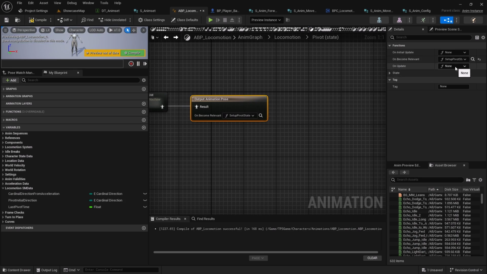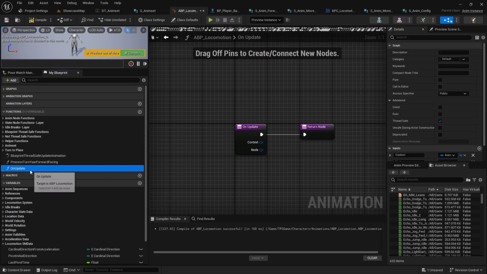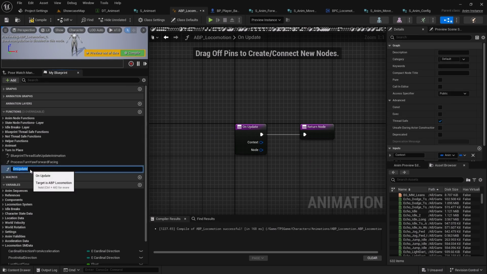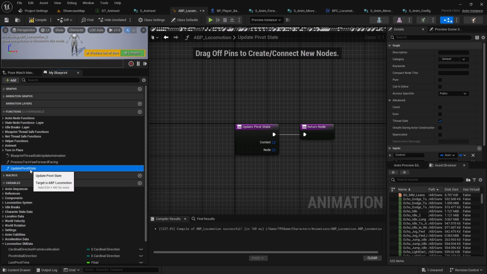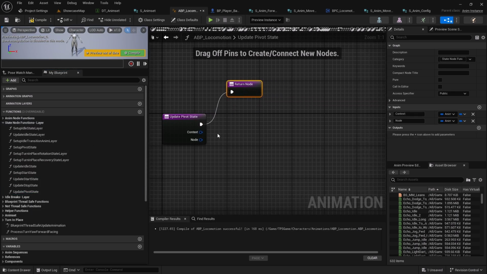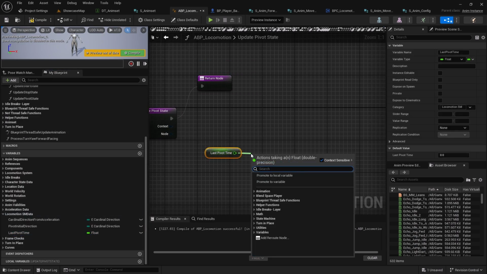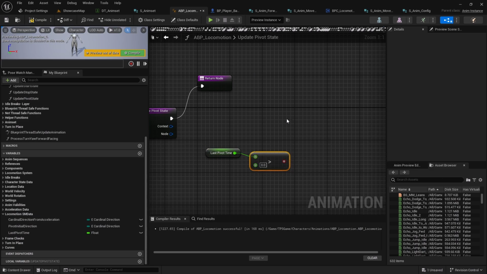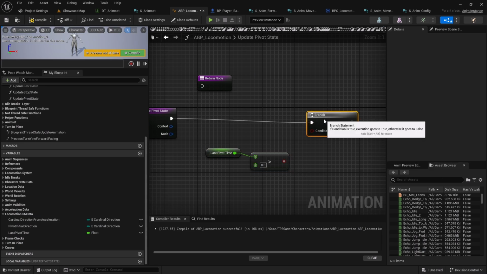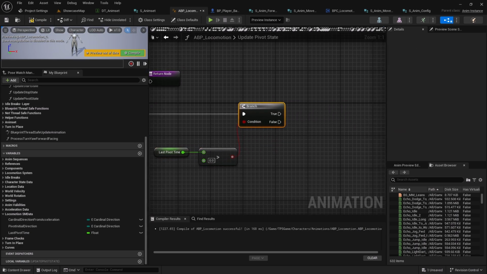Similarly, let's add an on update binding as well, and I'll rename this function as update pivot state, and this is a state node function. Inside the state node function, let's get the last pivot time, and if it is greater than 0, which means we have properly captured one, then